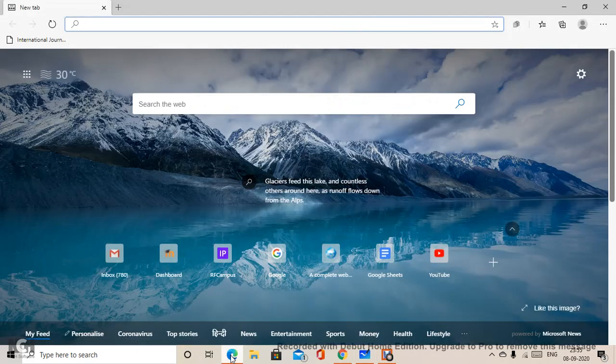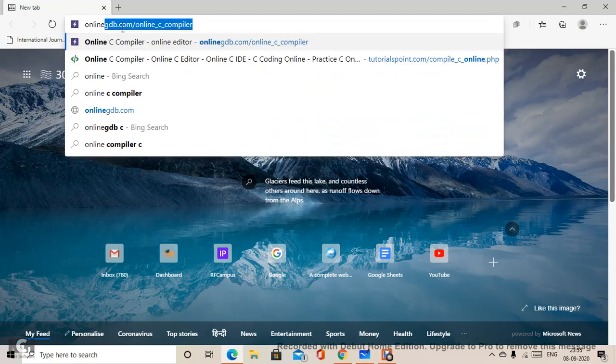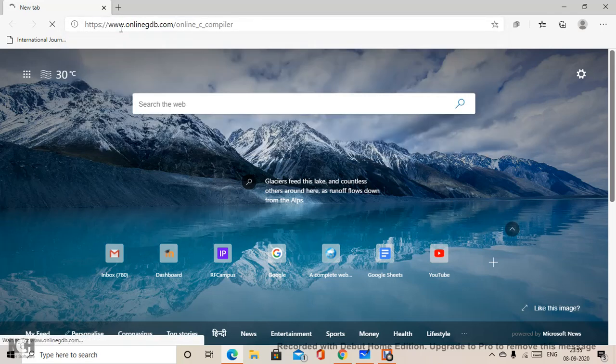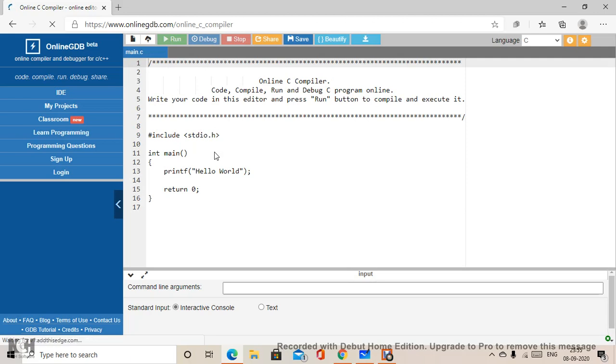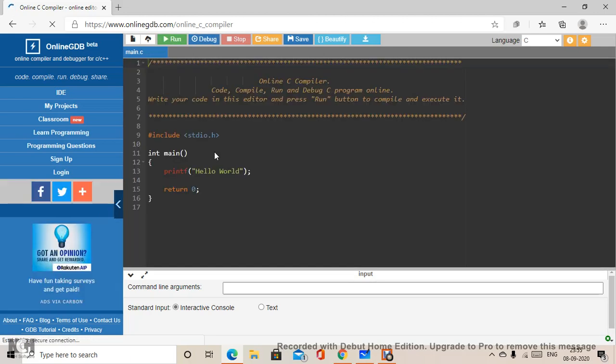For the example, let us first use our online compiler, online GDB or whatever you prefer. Whenever we experiment with seeking, this is the main file where we write our actual code.